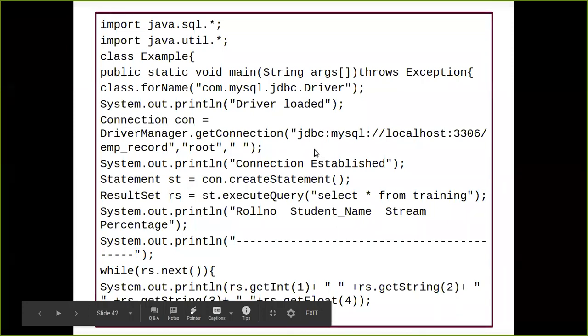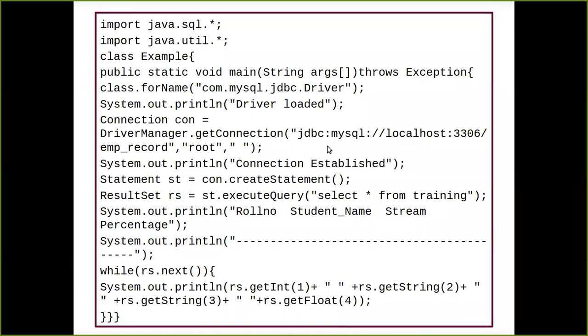If you remember the URL format of MySQL, what was the syntax for that? The URL format says that we are going to have jdbc, then mysql, which will indicate that it is using the JDBC driver, and the database is MySQL. Then we had a host name. What host name have we given over here? That is localhost. What is the port number given over here? 3306 slash, and what is the database name we have?